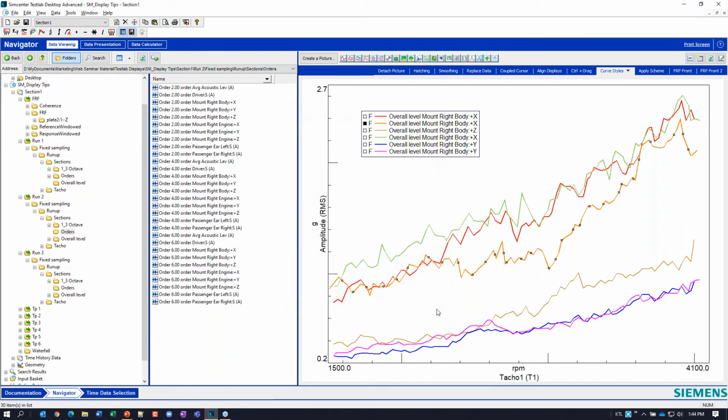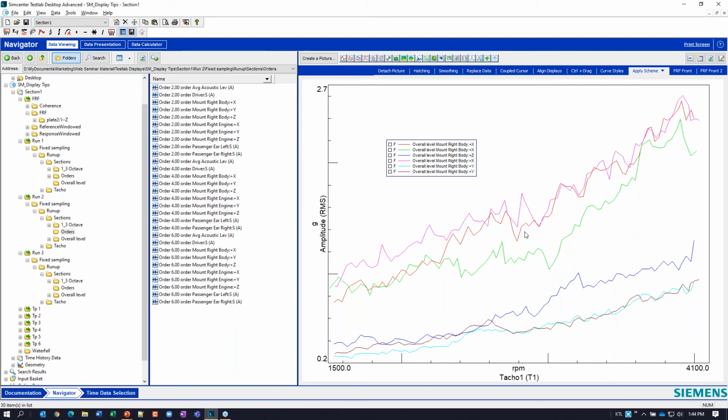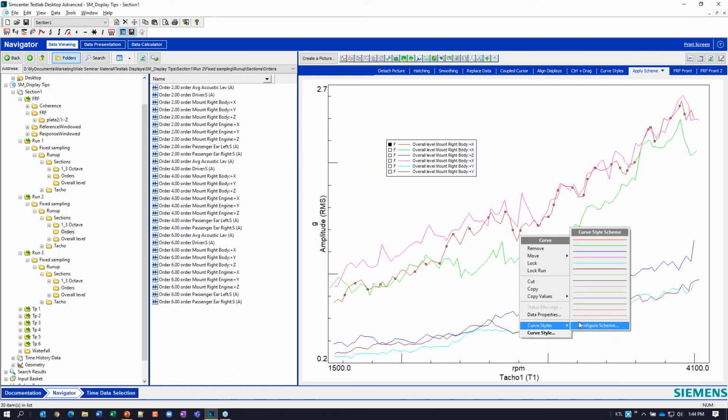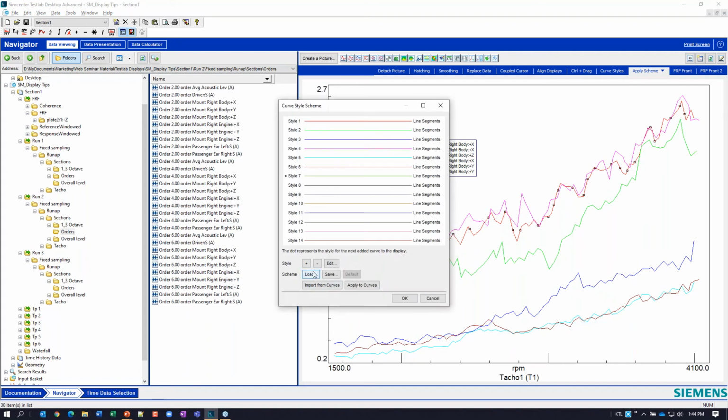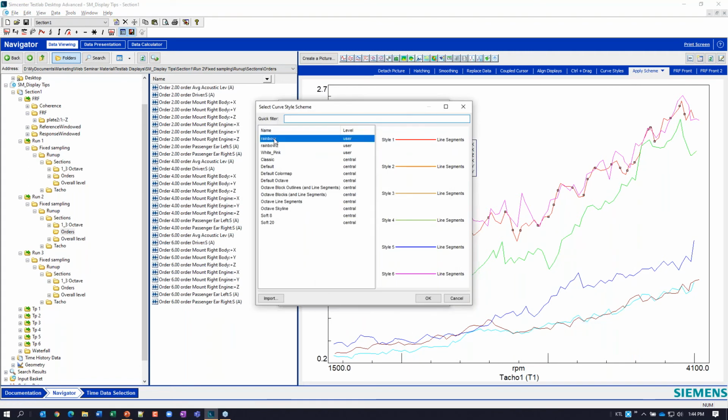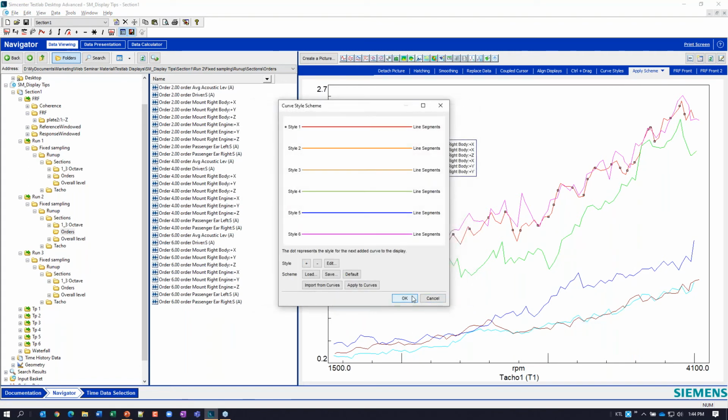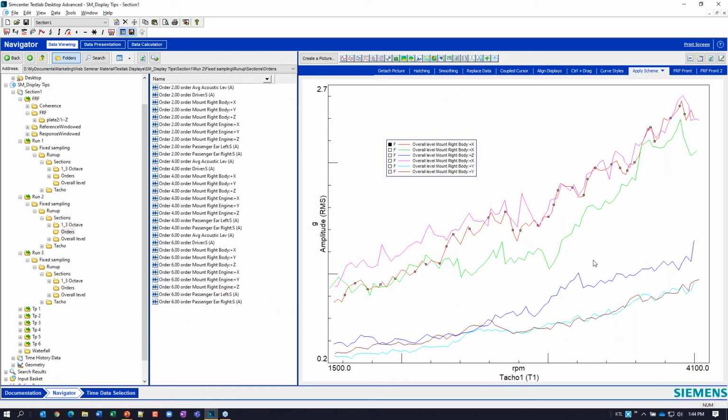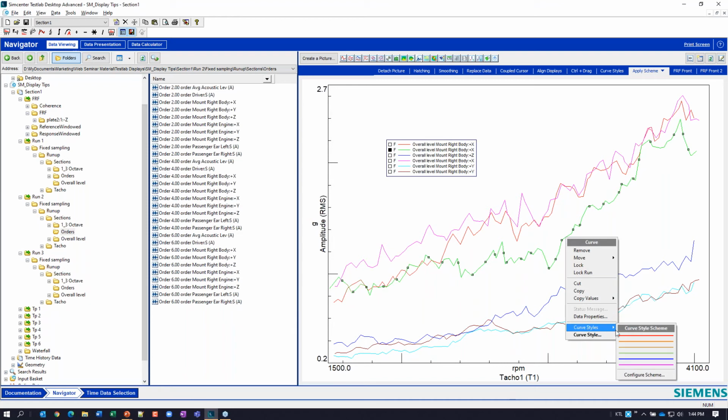Okay. I can also do this on a one-by-one basis where I go over here and I want to load, let's say, Rainbow. Now I've got Rainbow loaded, and I can just change that green to this green.